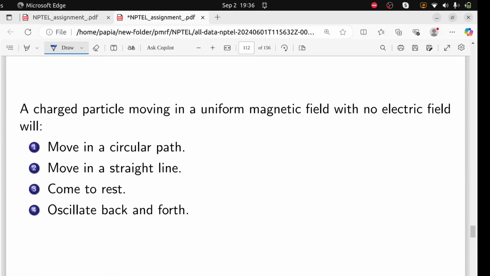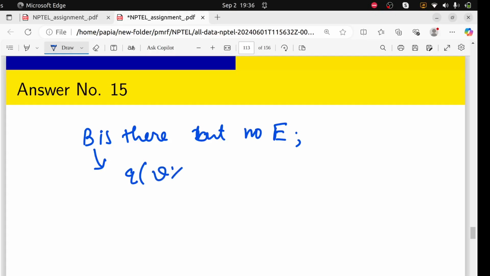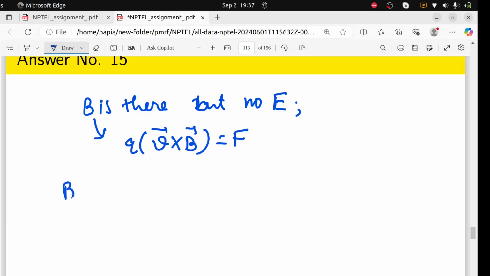A charged particle moving in a uniform magnetic field with no electric field. Okay. B is there, but no E. So we have already calculated these things. When B is there, let's say our force will be q into v cross B. And let's say B is in Z cap. So v cross B is